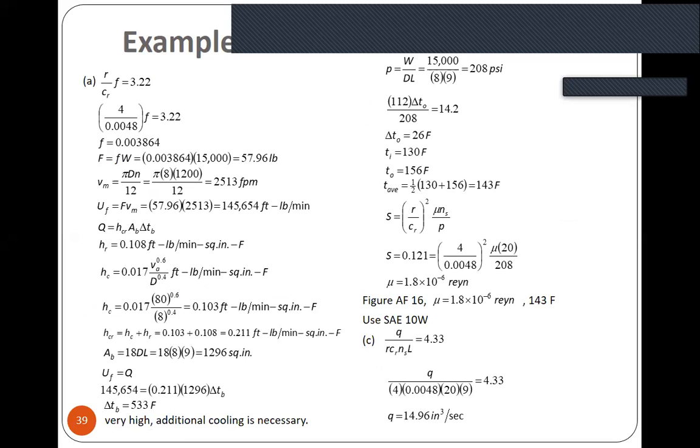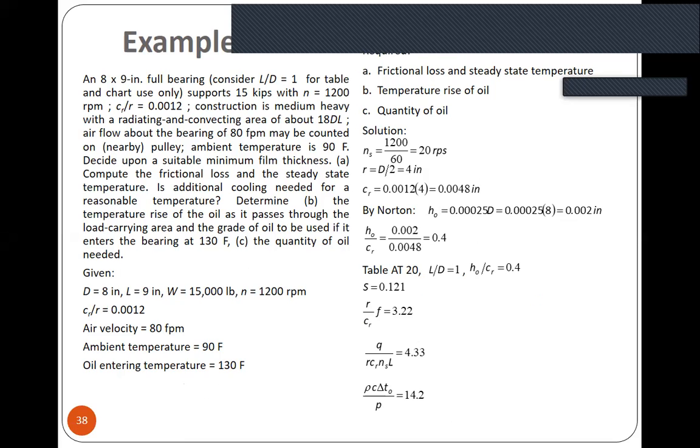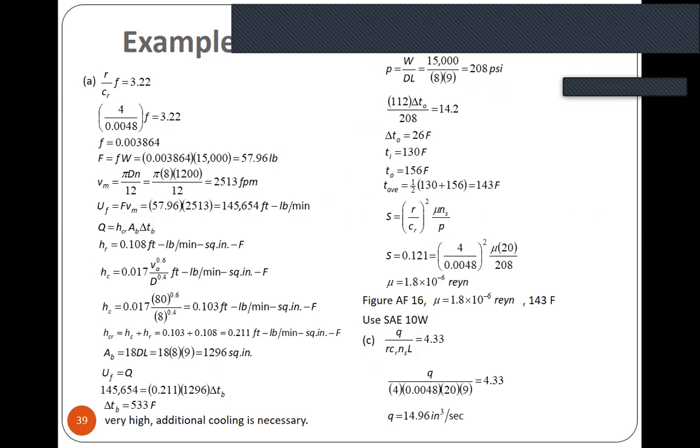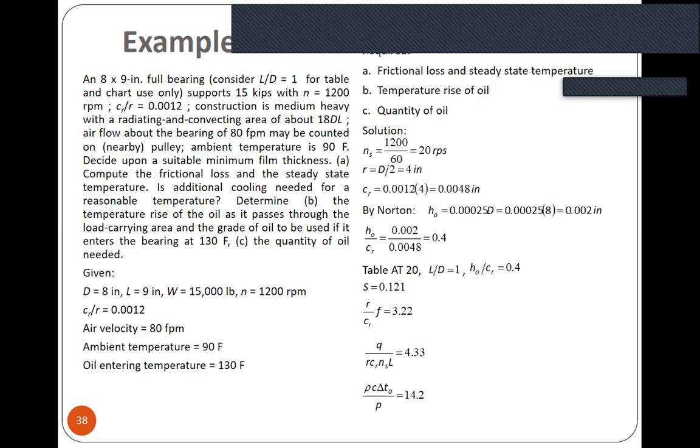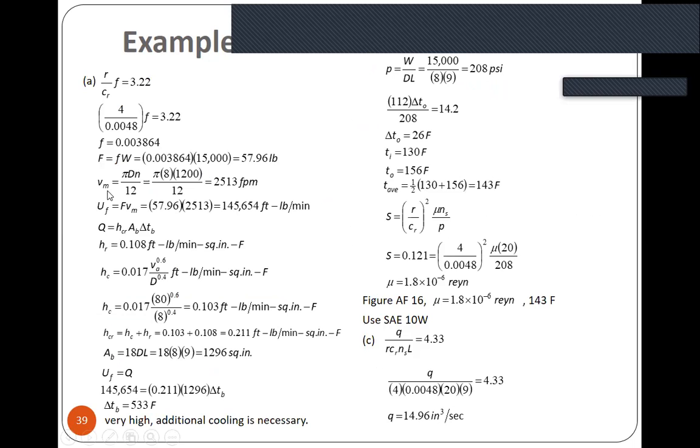So letter A, what is required? Minimum thickness is already given. For letter A, the required is the temperature rise. Next is the frictional loss and the steady state temperature. So we have A, B, and C. So R, what do we need here? You need the friction factor, because you need the frictional loss. Okay? There is a term there: R over CR times F is